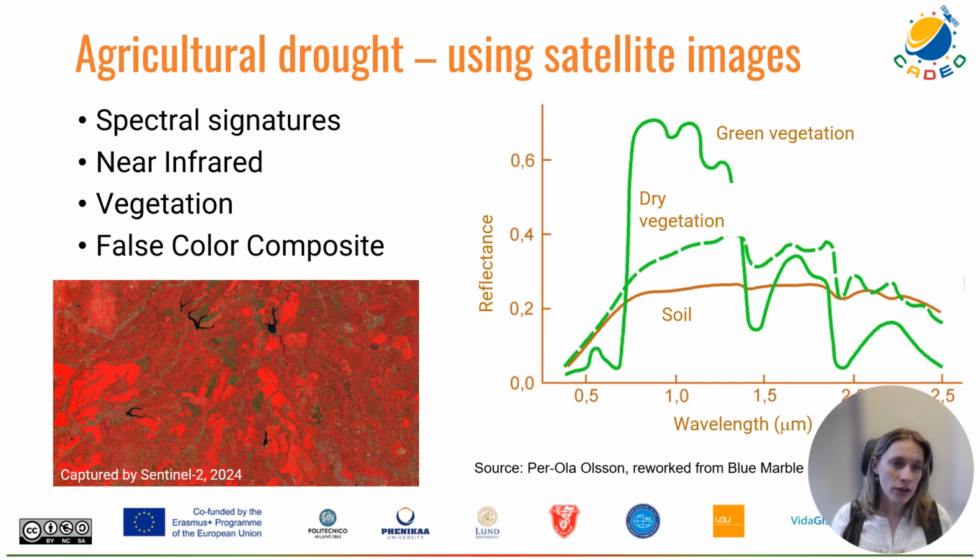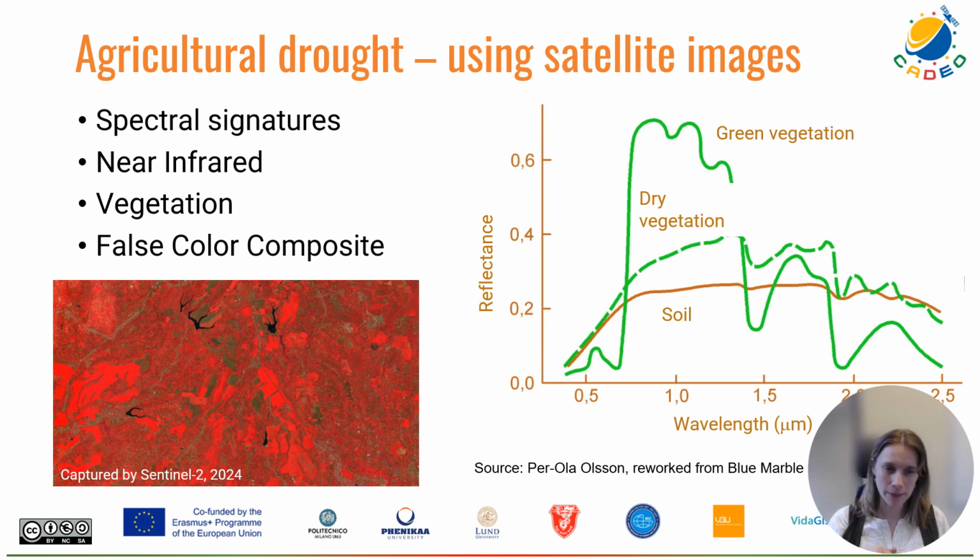And we know by looking at spectral signatures that green vegetation has a higher reflection in infrared than, for example, dry vegetation has. We also know that green vegetation has a very low reflection in the red wavelengths, whereas drier vegetation has a higher reflection in the red band, which gives us a very good ability to study vegetation patterns,